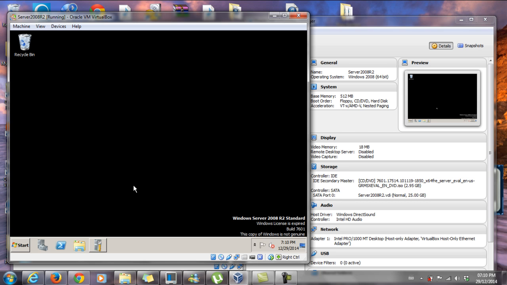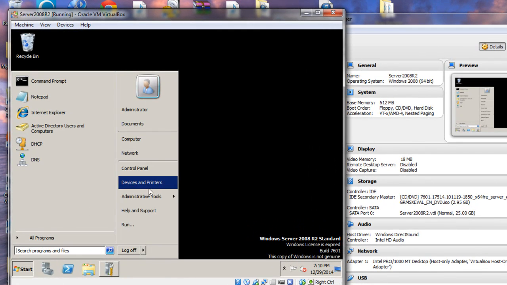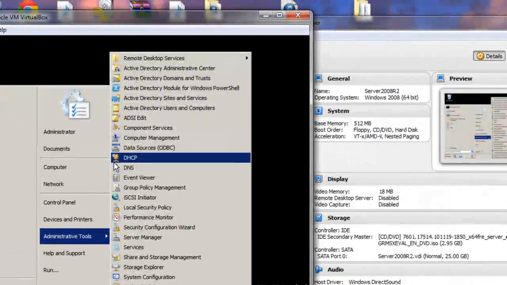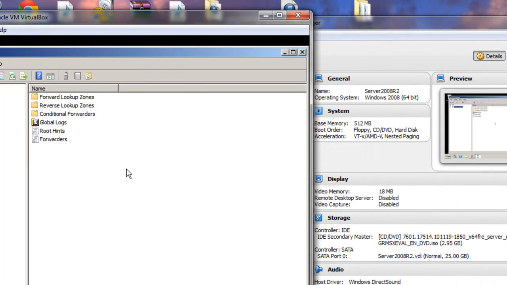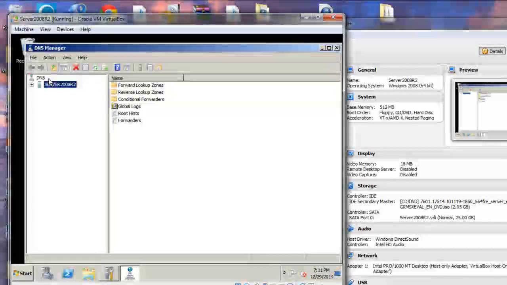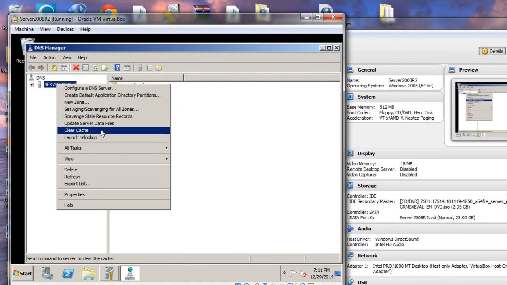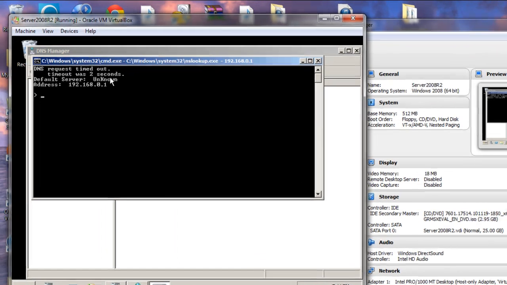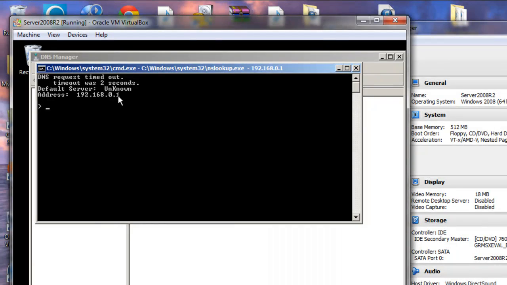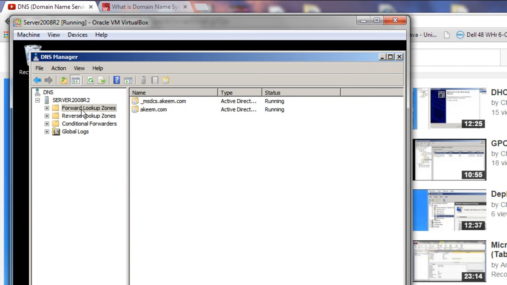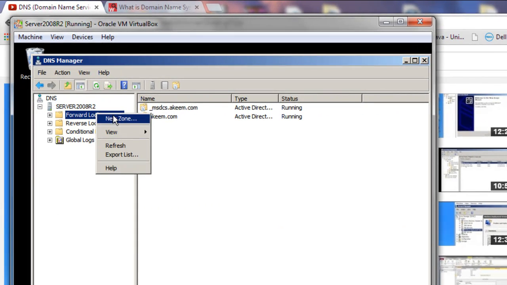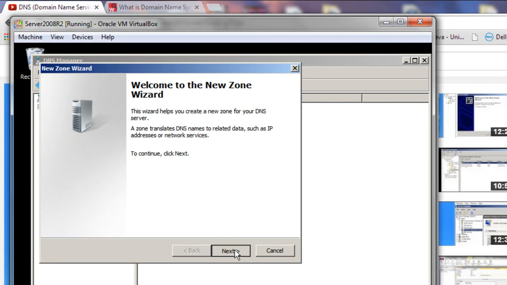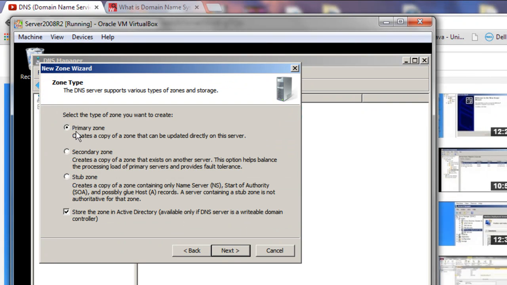Alright, so let's begin. First, we want to go to Start, Administrative Tools, and DNS. If we try to run an NS lookup here, the default server, as you can see here, comes back unknown. You would want to create a forward lookup zone, so we'll start, new zone, next, we'll select the first option, primary zone,